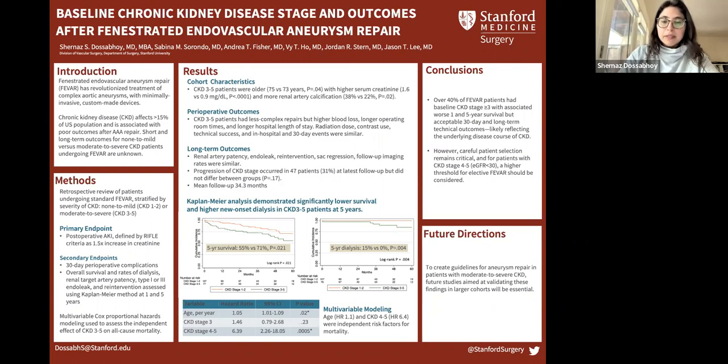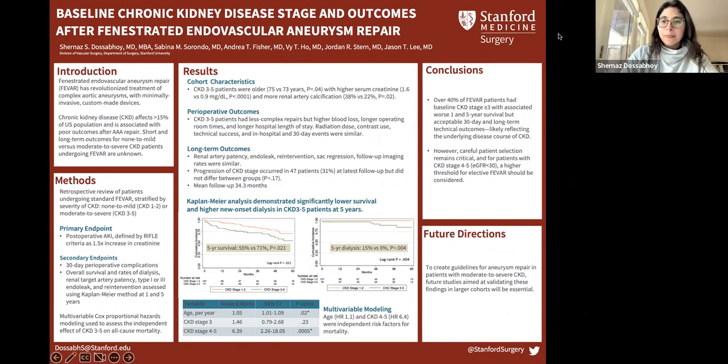On Kaplan-Meier analysis, we demonstrated that the CKD 3 to 5 group had significantly lower survival and higher new onset dialysis at 5 years as compared to the CKD 1 to 2 group. And that's shown here in these two Kaplan-Meier curves. On multivariable modeling, we found that age, as well as CKD stage 4 to 5, were each independent risk factors for mortality, with hazard ratios of 1.1 and